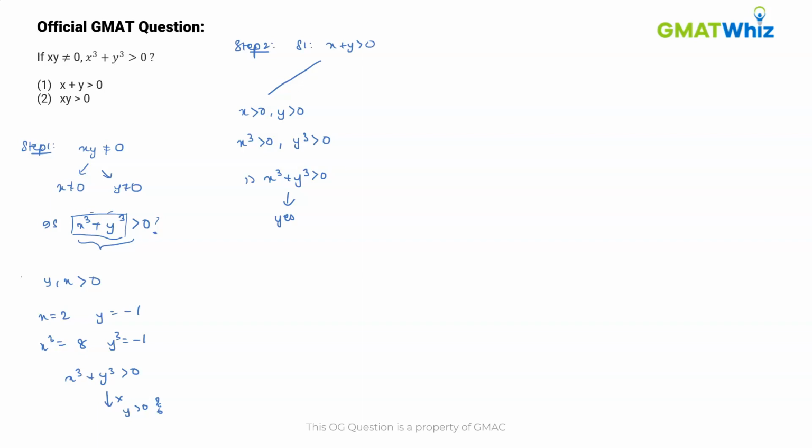The other possibility for x plus y to be greater than 0 is that suppose x has a higher magnitude than y. Now keep in mind we are discussing the magnitude and not the sign. Then in this case the value of x cube and y cube will also be greater than 0. And in this case also we can answer the question with a definite yes. So we can say that statement 1 is sufficient, and from the given options we can eliminate options B, C